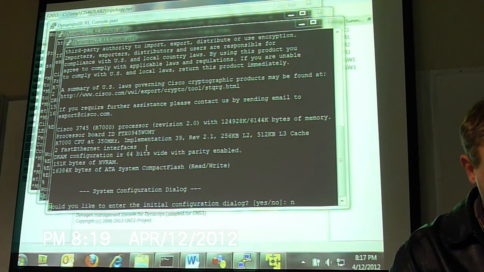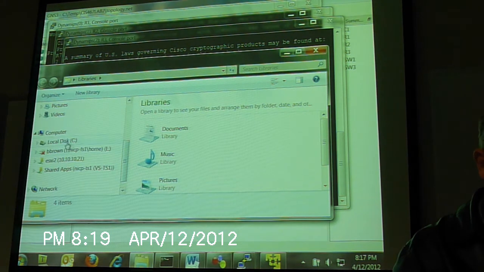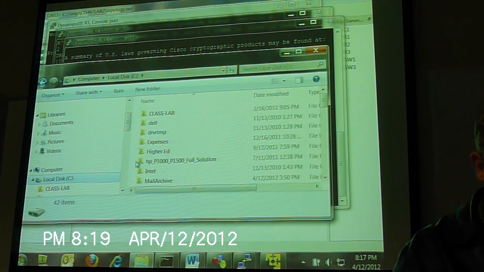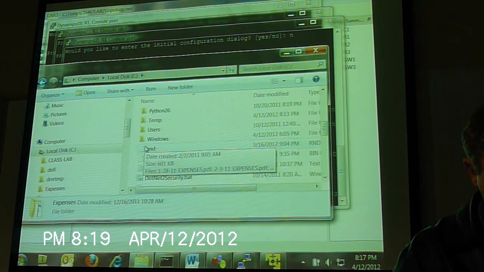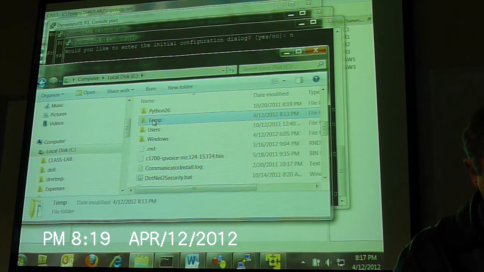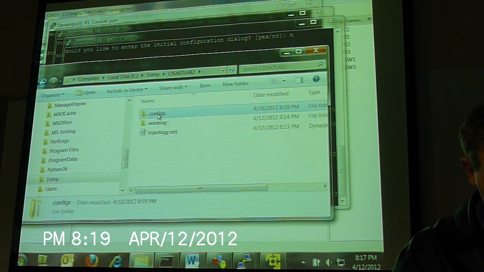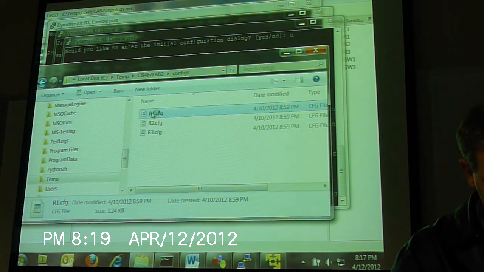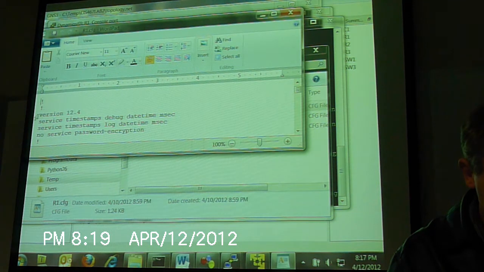If I go to my folder where my configs are saved in my project, under my temp folder, LAB2, and then configs, here's all my configs. So if I open up a config file and copy it